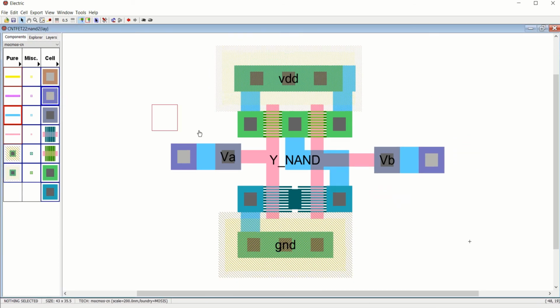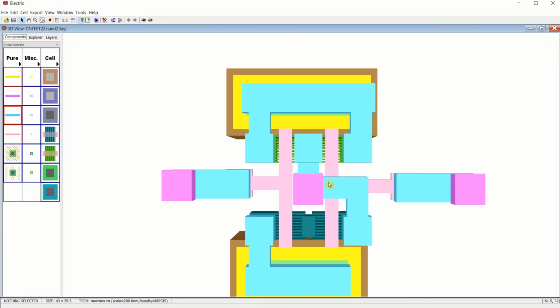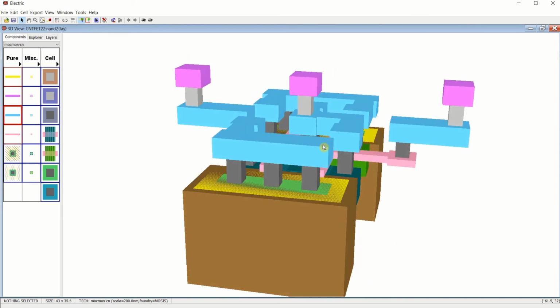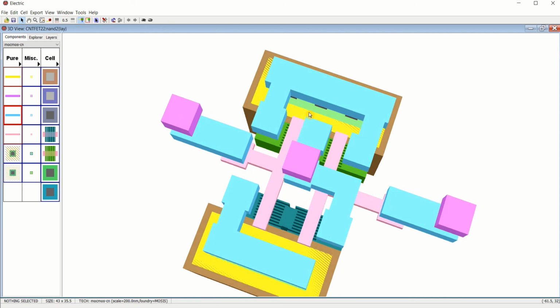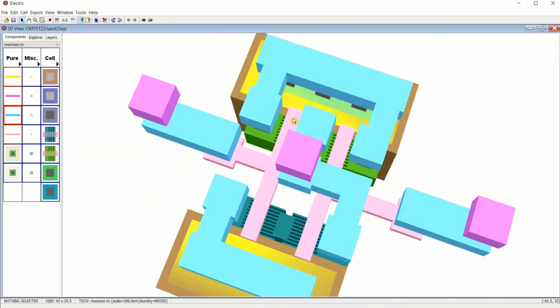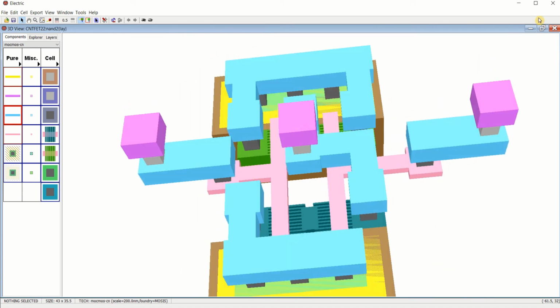Let me place that. Now try to observe this. Whenever you want to connect to other layers, you can use the metal 2 as the top routing. So this is the 3D view of the NAND.